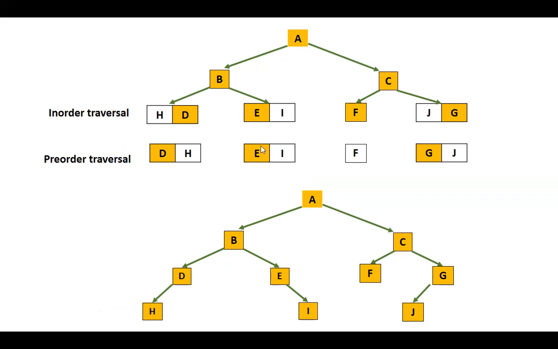Similarly, come this side. Now, root here is E, pre-order traversal. If you see, trace it in order. Now, it does not have any element on the left side. So, it does not have any left child, but it has an item on the right side. So, the right child of E will be I, right? It does not have any left child, but right child is I.